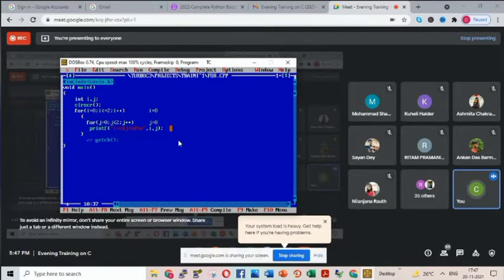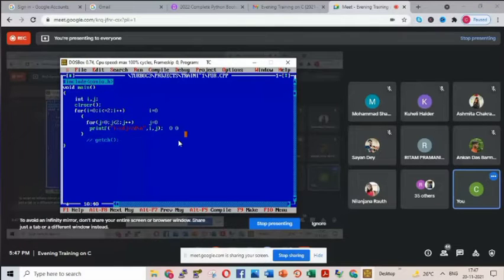So what is the value of i as of now to be printed? It must be 0. And what is the value of j at present? It should be 0. Tell me your understanding, my dear children. This much is understandable? Yes, ma'am. For i equals to 0, first iteration output is 0, 0.